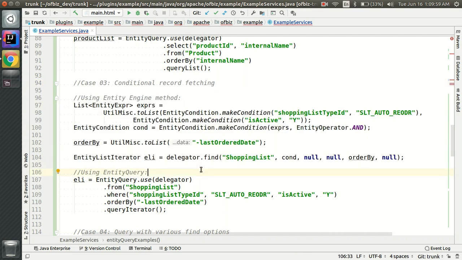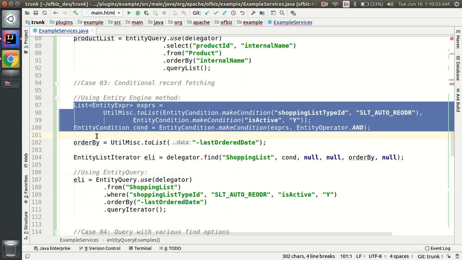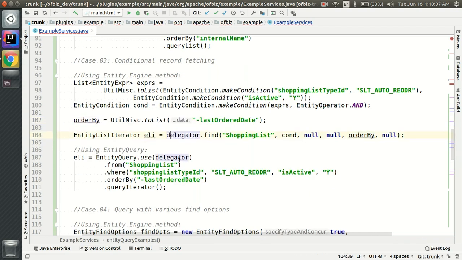Let me explain the code. First we have prepared the entity condition, then we have prepared the order by list, then we have used the delegator.find method with shopping list as the entity name along with the condition and order by list.